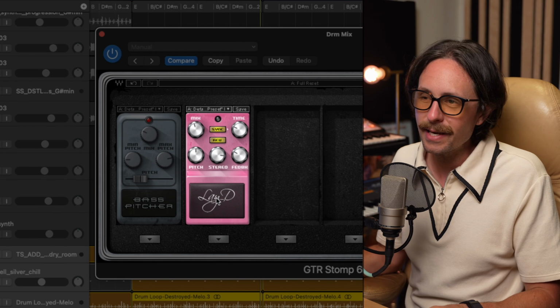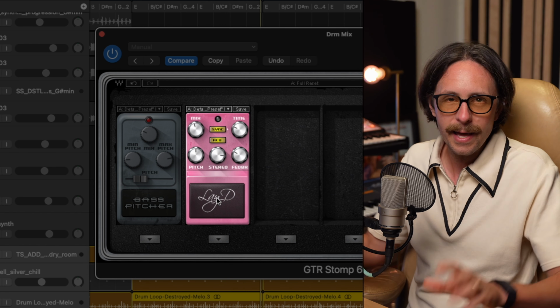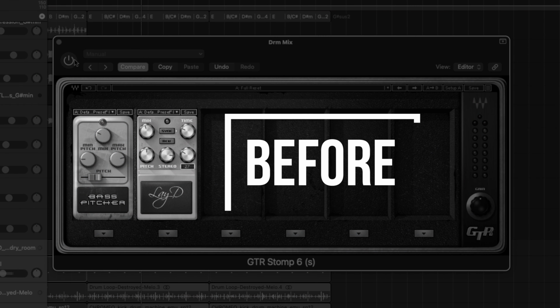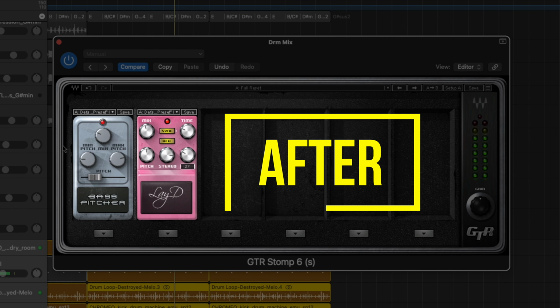This is a really fun plugin to add more movement to rhythmic parts, and I think it works really cool on drums. And now let's add the delay and give ourselves a little bit more delay and some stereo effects. So as you can hear, it gives you a lot of space and dimension and just little textures in the